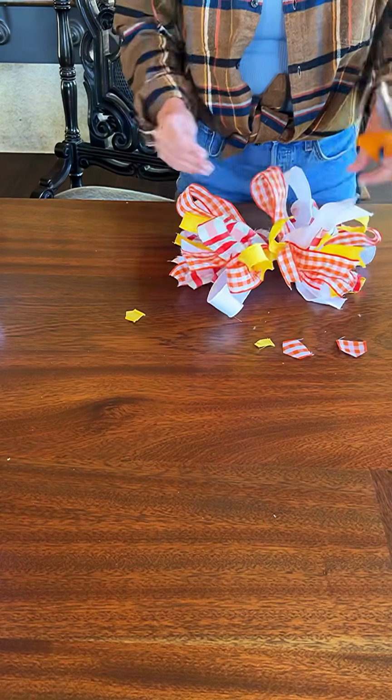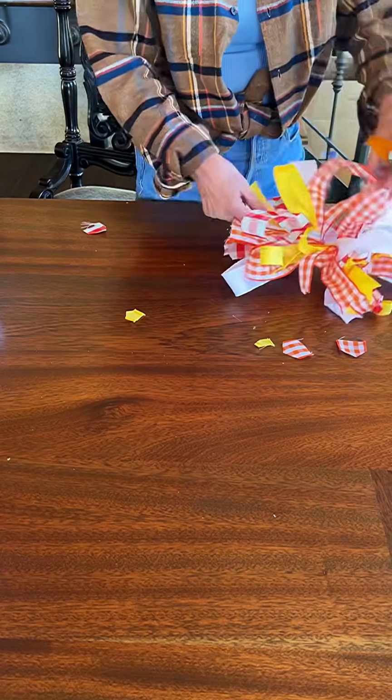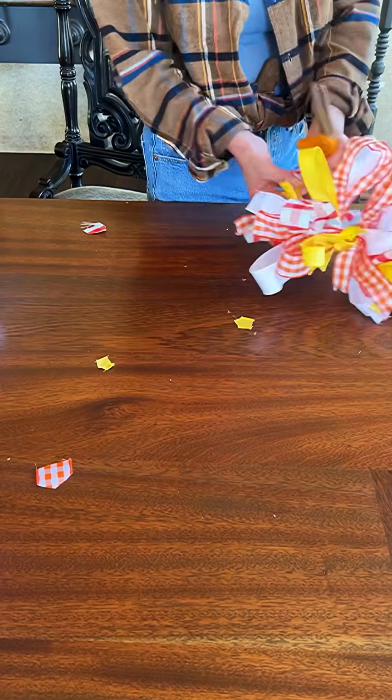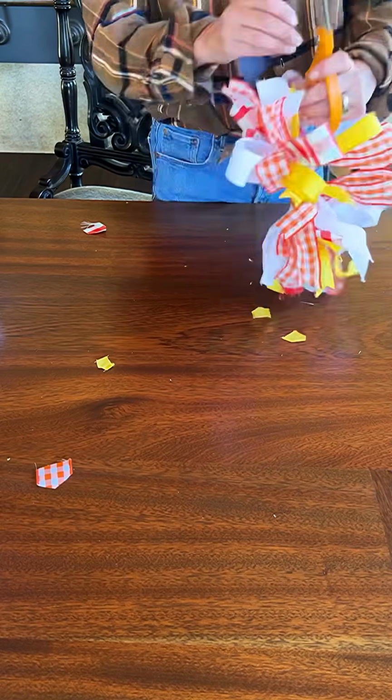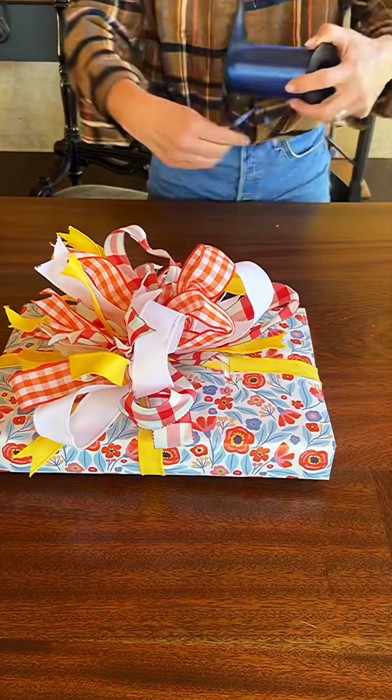Each piece has 2 tails, so 32, and you'll be hunting them down. But that's what makes the bow really cute, and the tails are part of the designer aspect of the bow. So now it's time to put the bow on the present, and the way I attach it to the present